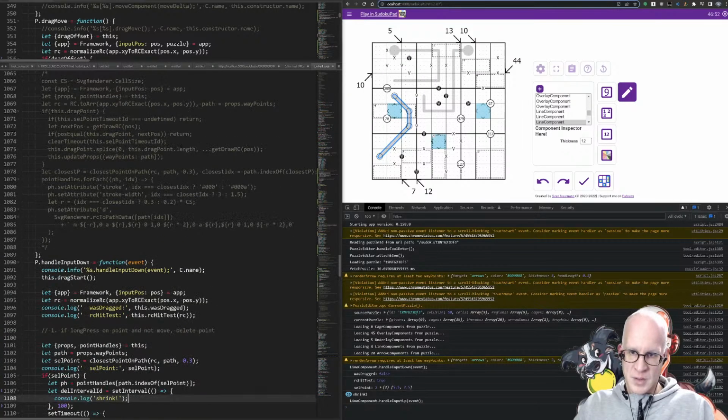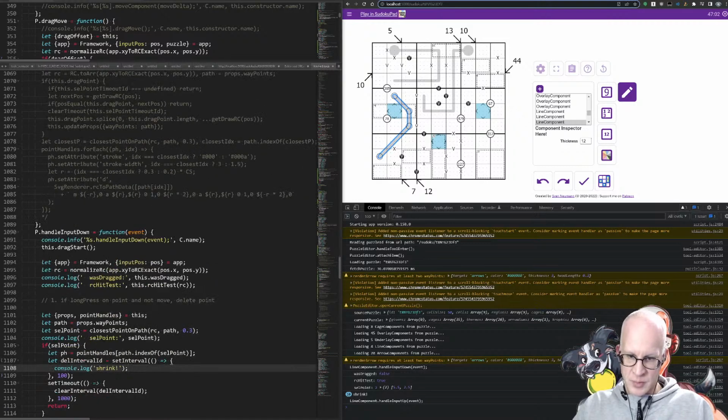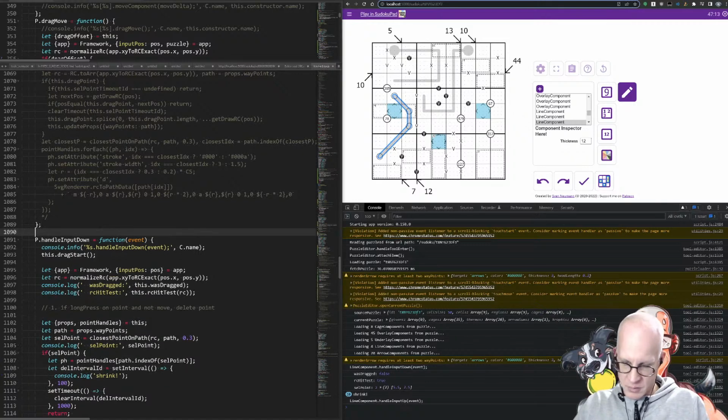What's the default size? The default size is 0.3. So p dot update point handle function